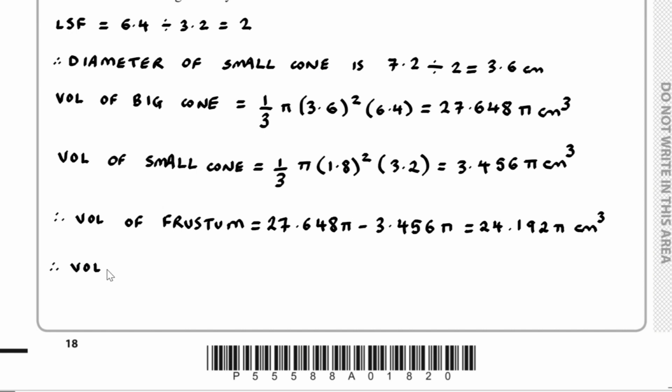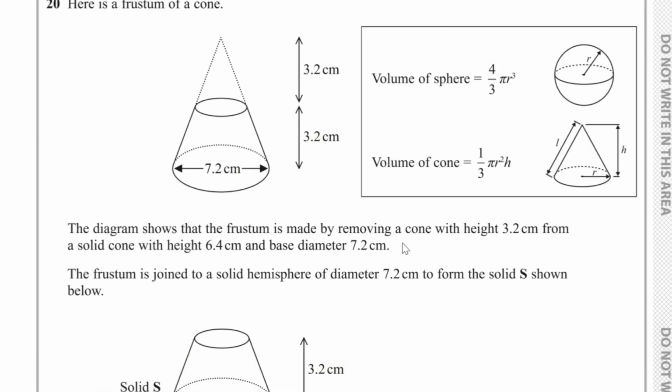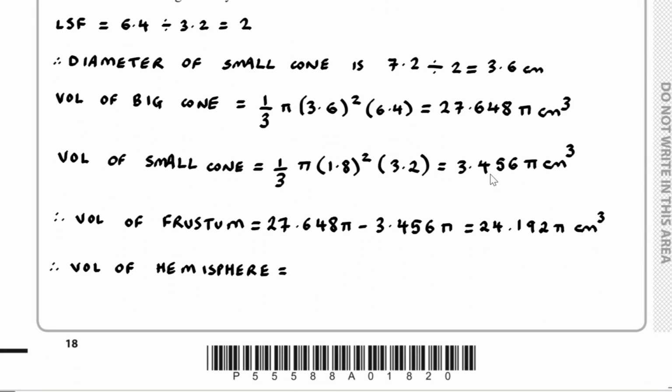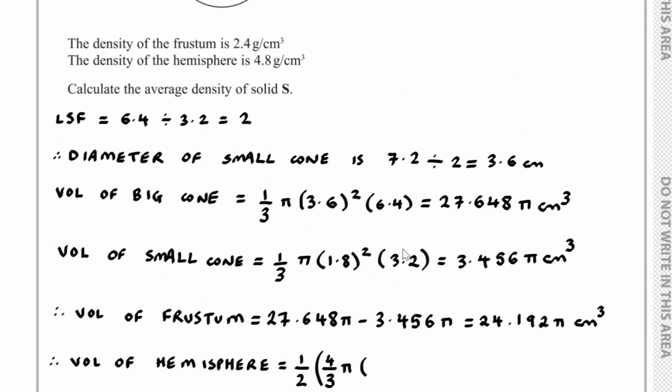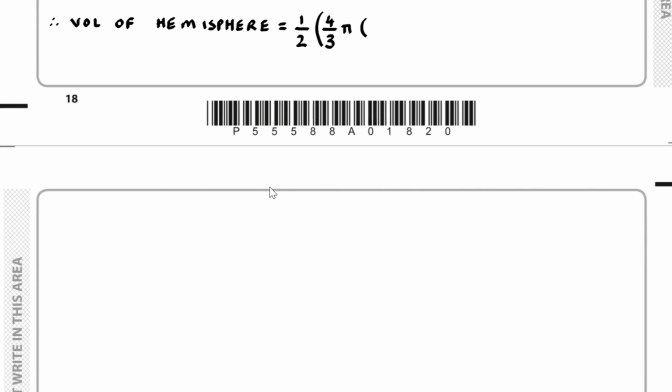The volume of the hemisphere. Well, I know how to find the volume of a sphere. That's 4/3 pi r cubed. But that's for a full sphere, so for a hemisphere I would have half of 4/3 times pi. Now the radius here will be half of the 7.2, which is 3.6